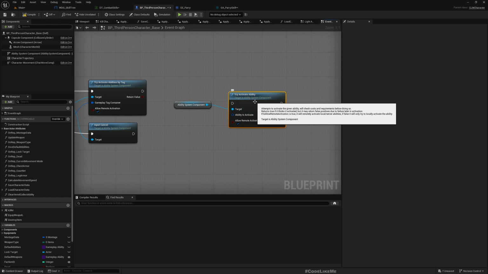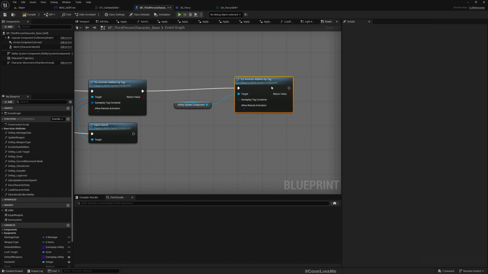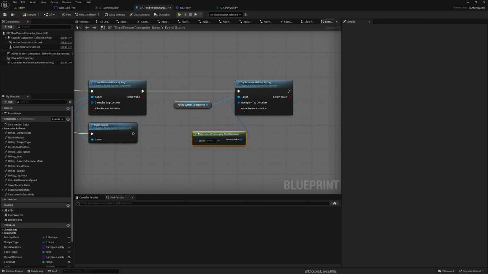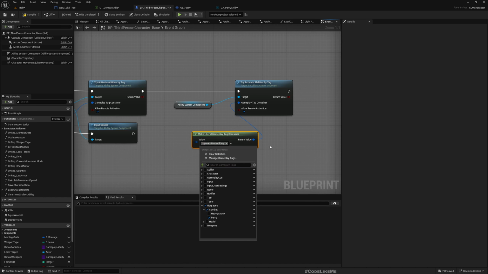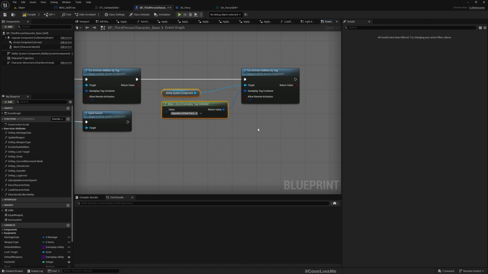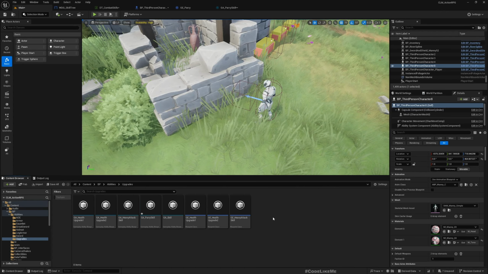No, I thought it shouldn't be there. Okay. Make literal gameplay tag container. Upgrades, combat, parry. Now if the character has the parrying ability, it will activate it. Otherwise it will not. Okay, and also we need one more gameplay effect